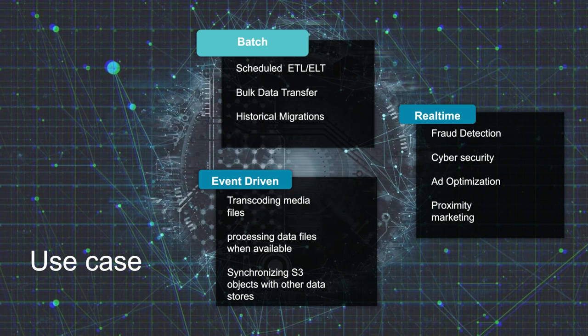So I can set an event that as soon as the media files land into my S3 bucket or my landing zone, I need to call a function to transcode them. That can be one use case. Another use case can be if a particular type of file lands in, I need to process it. But this is event triggered because I don't have a schedule, a frequency when the file will come in. As and when the file drops or comes in, I would initiate my processing.